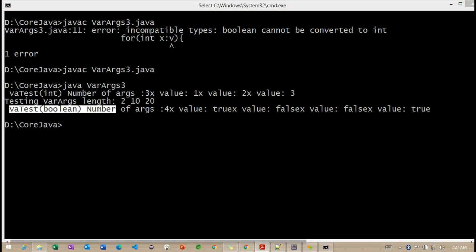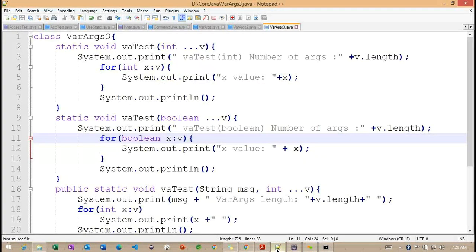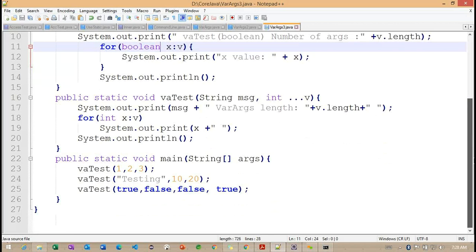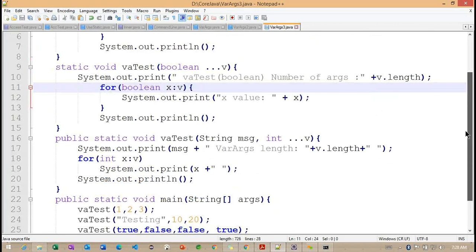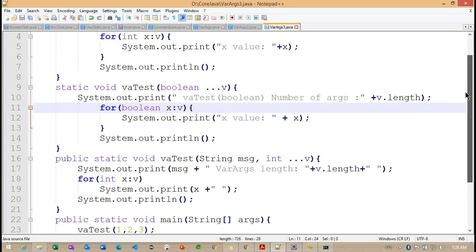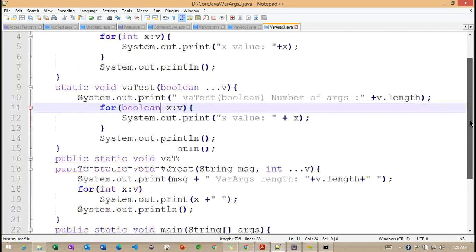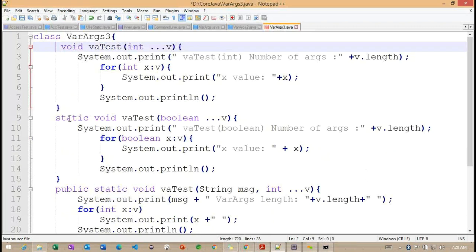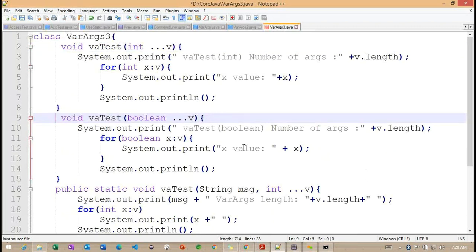Any questions regarding overloaded varargs methods? We are always using static for the method. Is there any mandate that whenever we use varargs it should be a static method? No. Basically, instead of that, I created an object here. So we'll see.